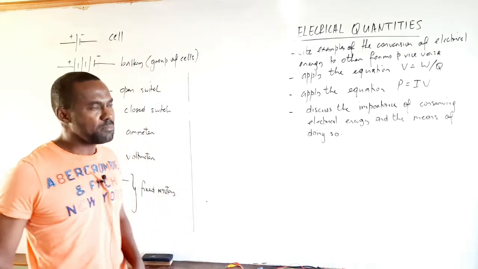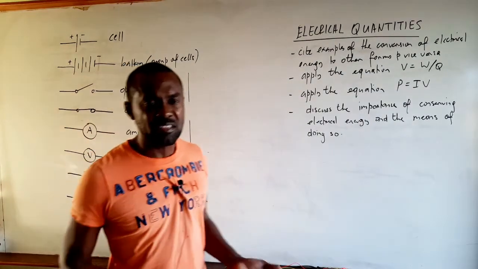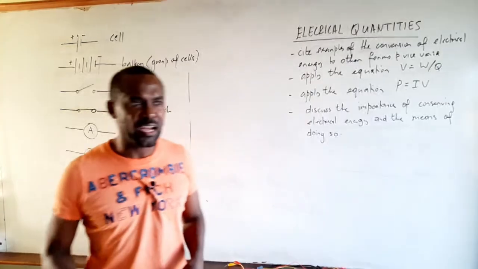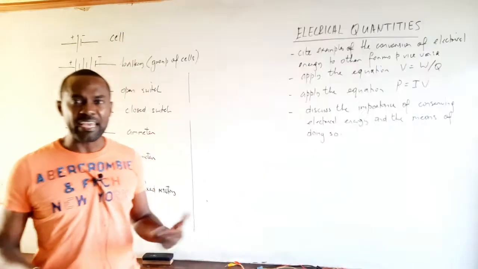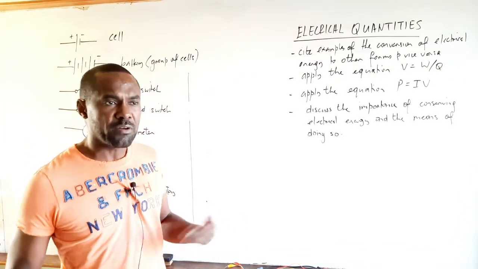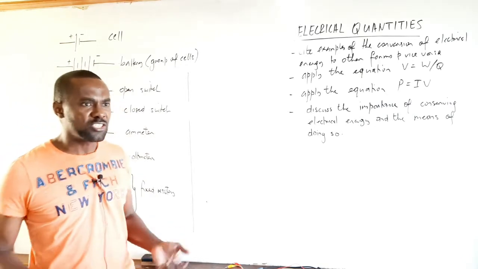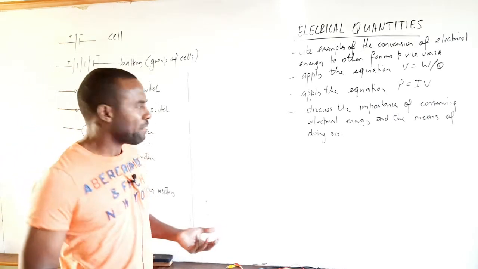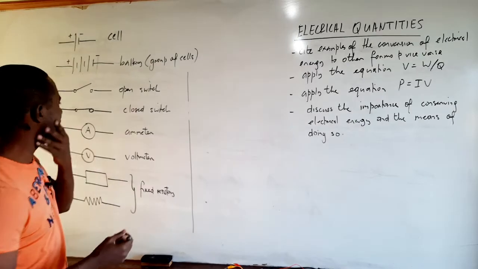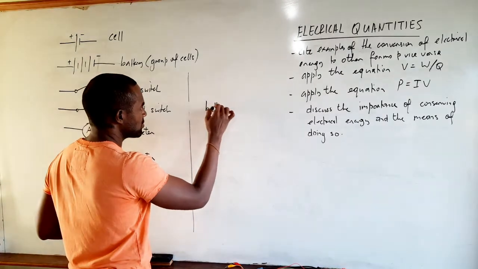So what this basically means is that there's a fixed amount of energy in the universe. We can't add any to it, and we can't take any away from it. All we can do is convert that energy from one form into another. Now, a battery is a source of electrical energy. So we can talk about batteries,